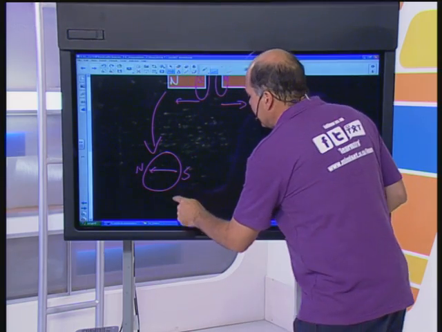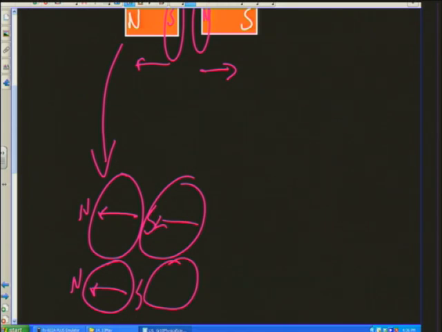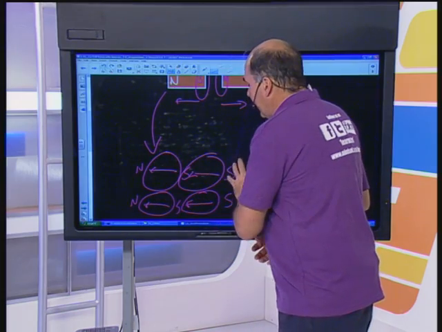So even if we had 10 atoms, they would all be aligned because it's magnetic material. And it doesn't matter where we cut it. We can't cut smaller than an atom. So there would always be one end would be north and the other end of the magnet would be south. So it's not possible to get a single pole. It's like you can't get day without night. You can't experience a north pole without a south pole.